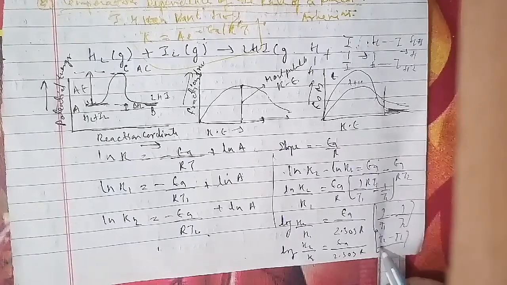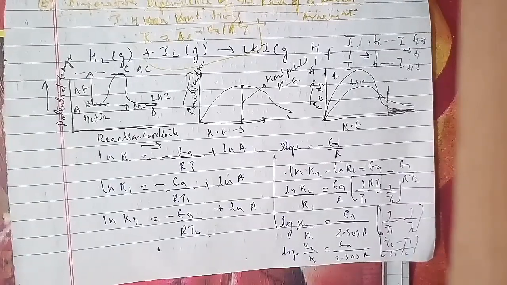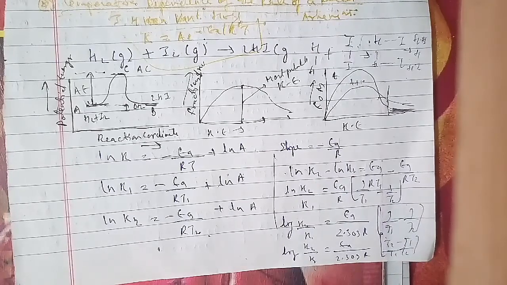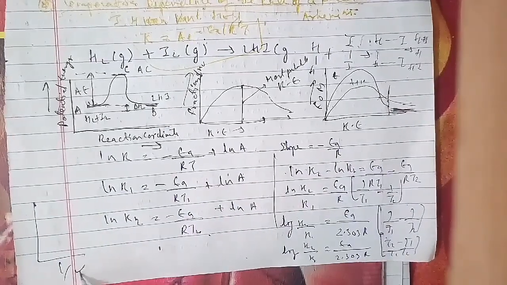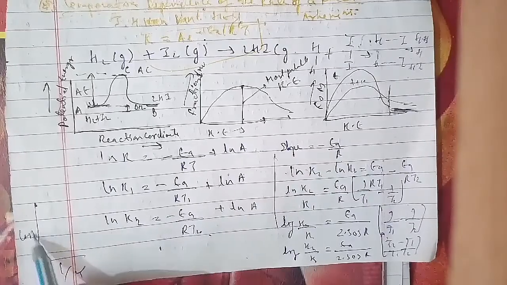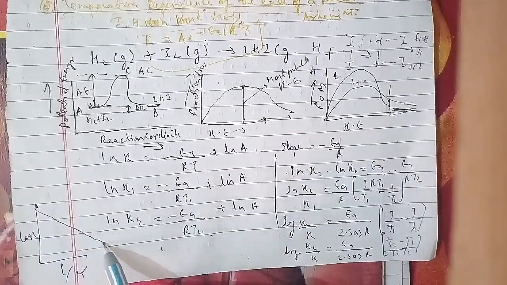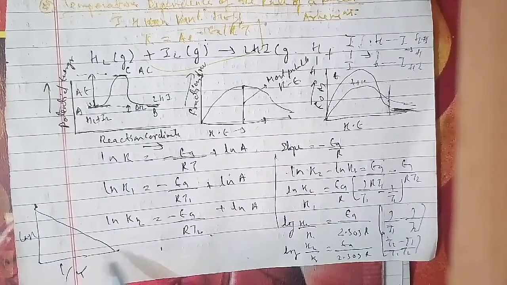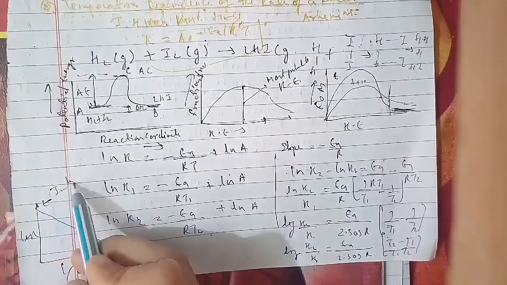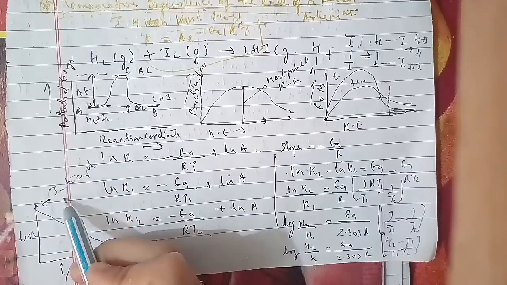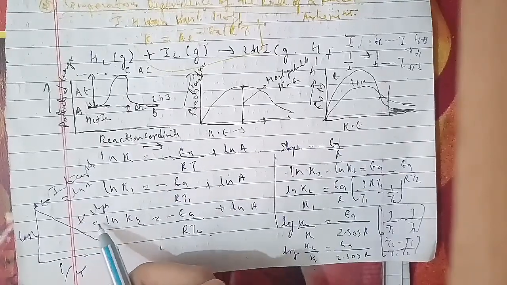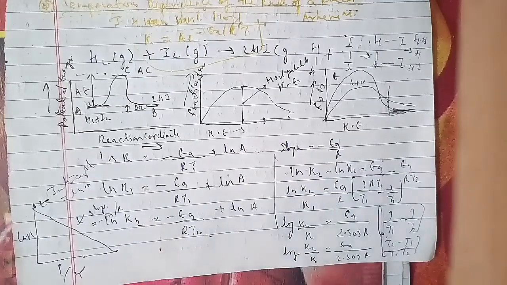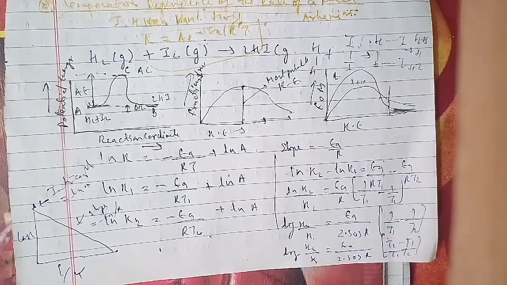That is what we have as the answer here, and for the same we have a graph as well, representing log k versus 1 by T. Here this is the intercept, which equals log A. This is the slope, which equals minus EA upon 2.303 R, in the plot between log k and 1 by T. On the same topic we have to discuss further, as it is also an important one.